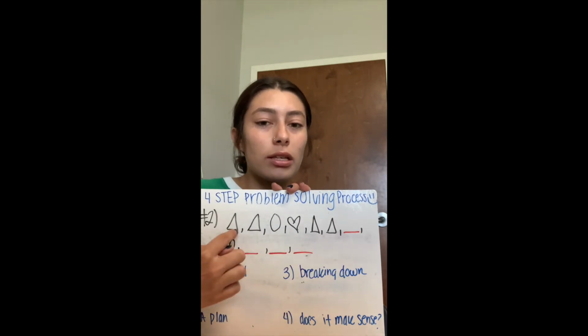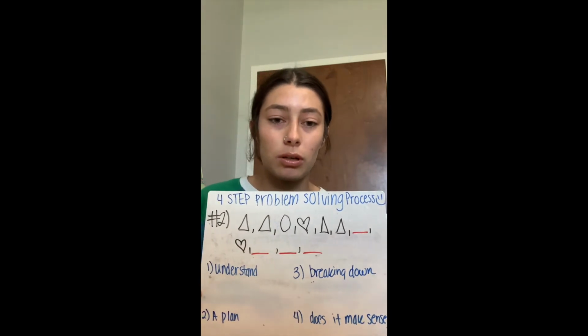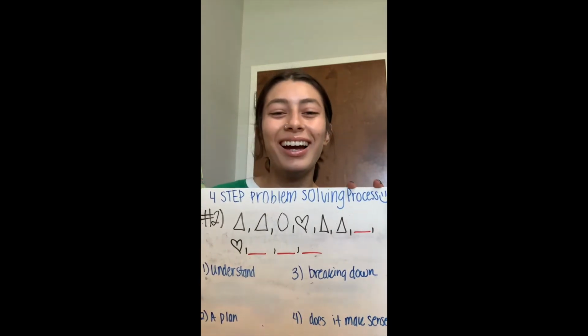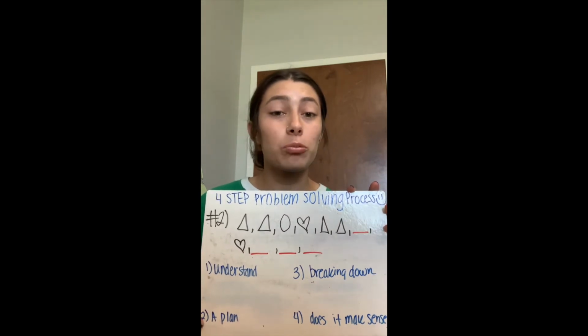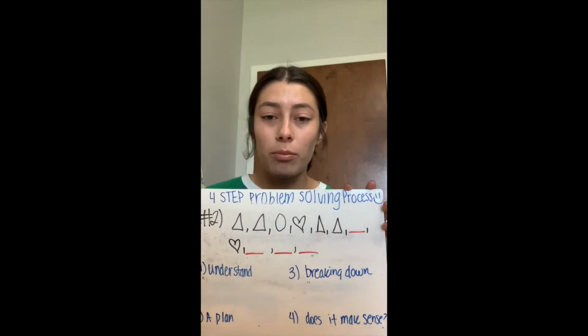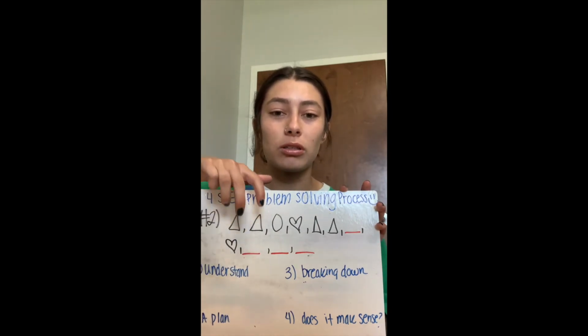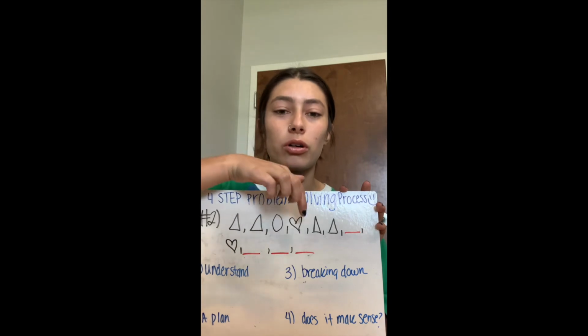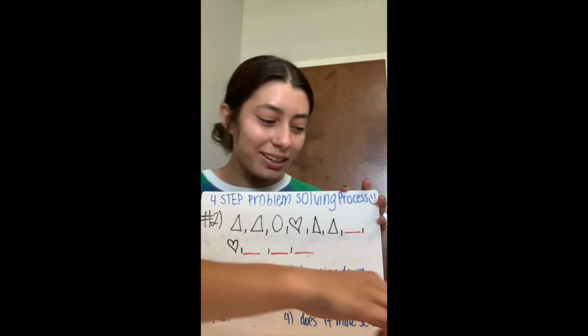So I quickly realized that the pattern repeats. And that's how I'm going to find out the missing shapes. And then, so we understand that it's a pattern. And then our plan is to complete the pattern by studying the pattern. And like I said, we see that it repeats the two triangles, the circle, the heart, and again, correct? And so now we carry out the plan,